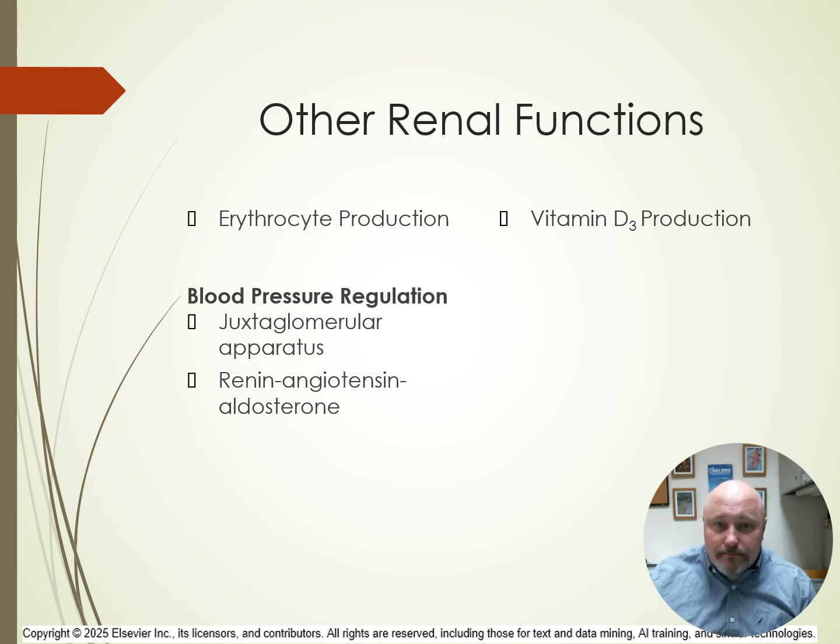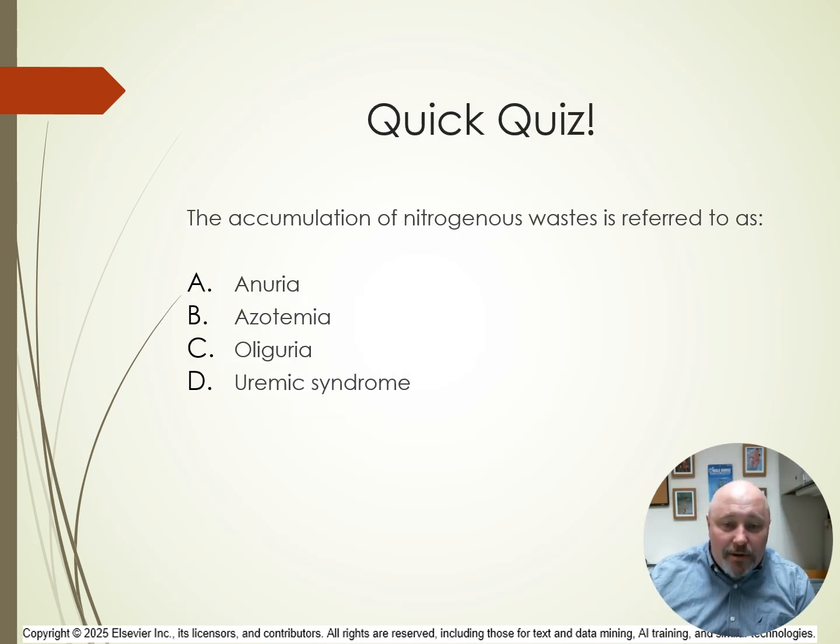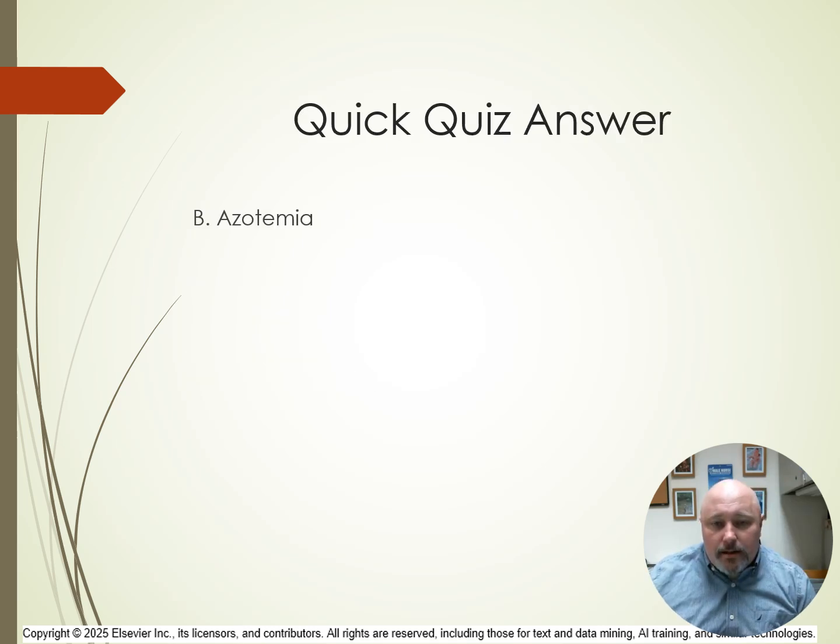Quick quiz. The accumulation of nitrogenous wastes is referred to as A, anuria, B, azotemia, C, oliguria, or D, uremic syndrome. The answer in this case is going to be B,